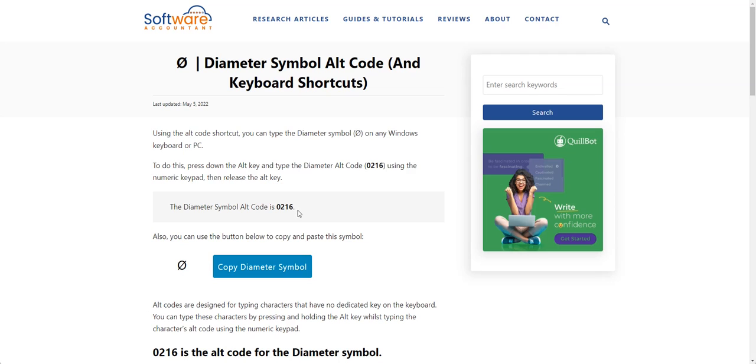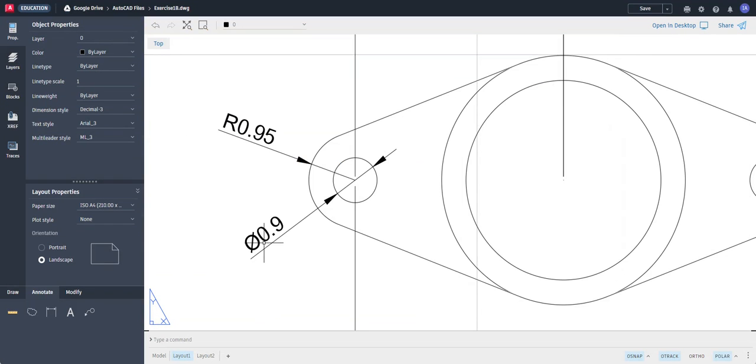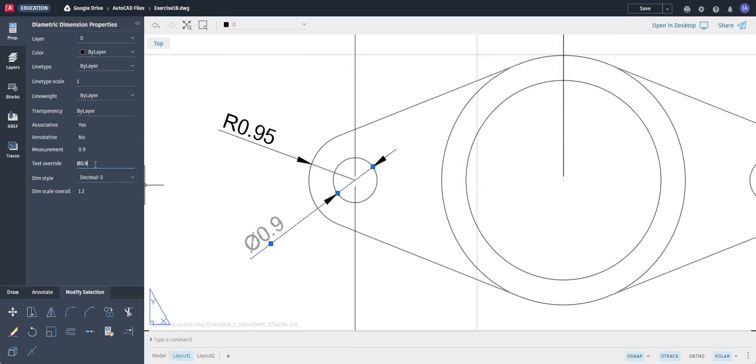You have to press the Alt key on your keyboard. You can actually just copy the diameter symbol. You can click copy by going to a website or finding it, copy this one, and then all you do is click on this one, go here, and then Control V to put it in. Then press enter. So you can also copy it from a website and then put it in. I don't want to put it in, but